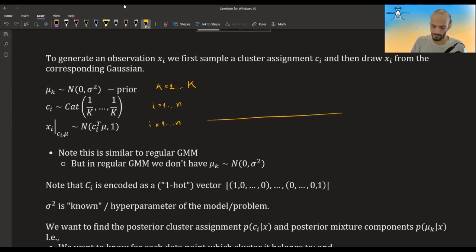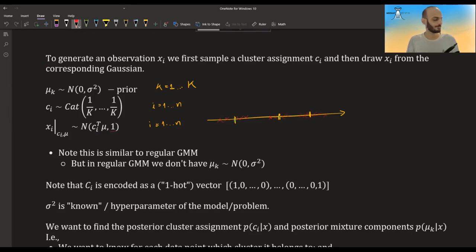Okay, so suppose we have some value and we have a cluster here, a cluster here, and a cluster here. So we randomly choose a cluster, and suppose we chose that cluster, and then we draw x from a random distribution centered at this location with a standard deviation of 1, and then maybe this is the point that we got. And then we sample another cluster, maybe this cluster, and then we draw from a Gaussian that is centered here, and then maybe this is the point we got, etc., until we get all the different points in our